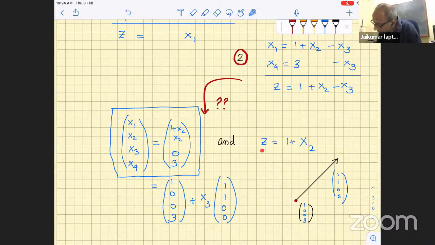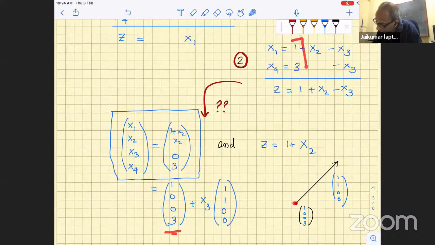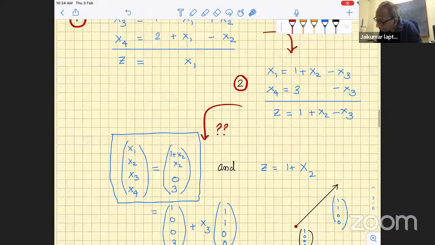But then what do we notice? That the objective function is going to shoot up based on x2. So what we have is that the original solution, 1, 0, 0, 3, and there is this direction of movement. As x2 moves, we add 1 to the first coordinate and the second coordinate, and our objective function,